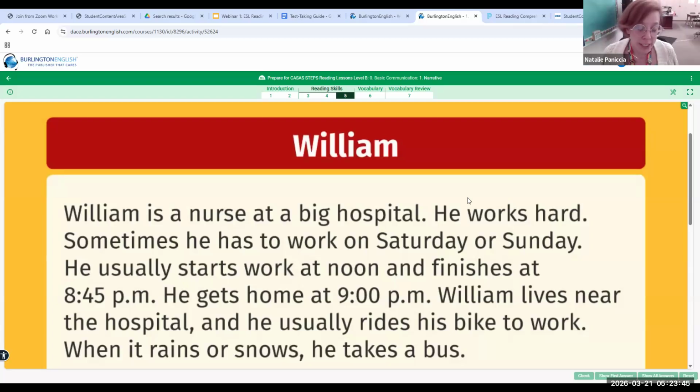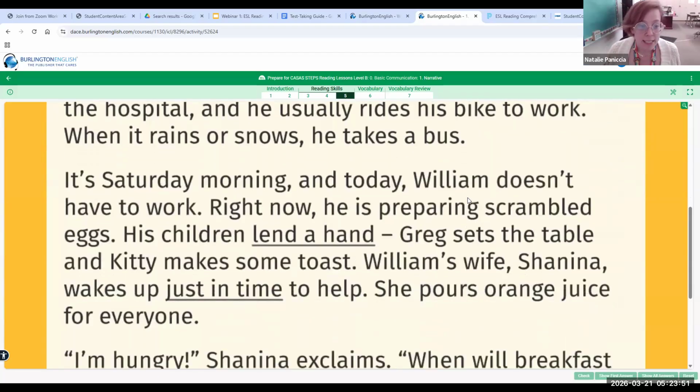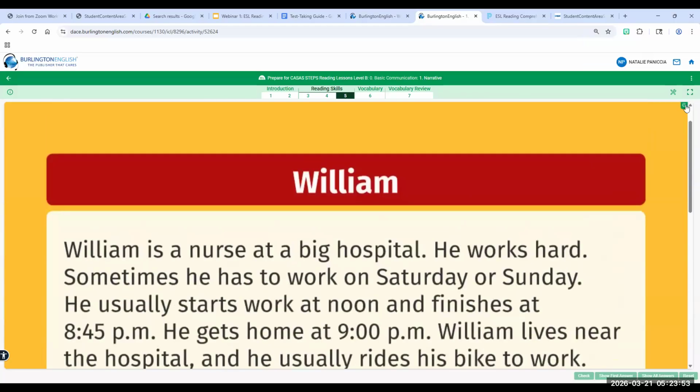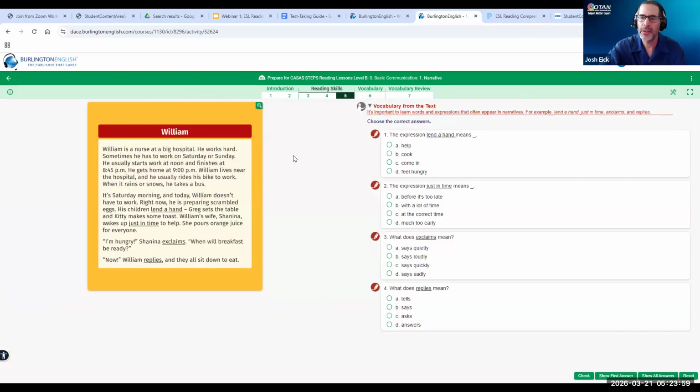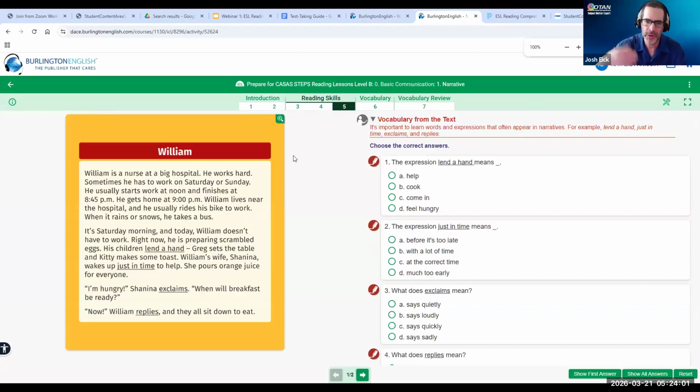Okay, great. Step 1 is that I need to orient myself to what I'm looking at. Okay, this is a narrative. I have a question. I'm sorry. Everybody, if you could do us a favor, let Natalie go through the whole thing, and then I'll give her feedback, and then we'll take questions. But we're going to let her go through the whole process before we ask her anything. Go ahead, Natalie.